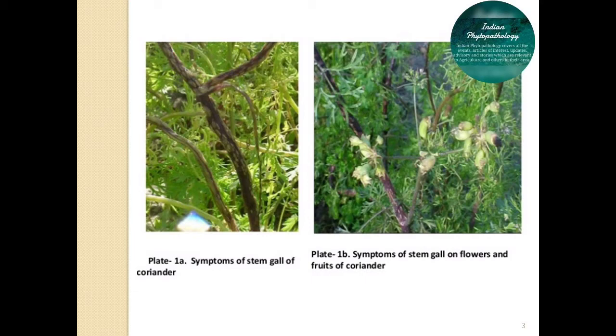So this is all about Protomyces macrosporus. It also favors alkaline conditions. A pH of 7.5 was most suitable for infection, while minimum infection occurred in acidic soil, that is, less than 6 pH. It favors alkaline soil, that is, more than 7 or 7.5 pH is suitable for development of this disease.